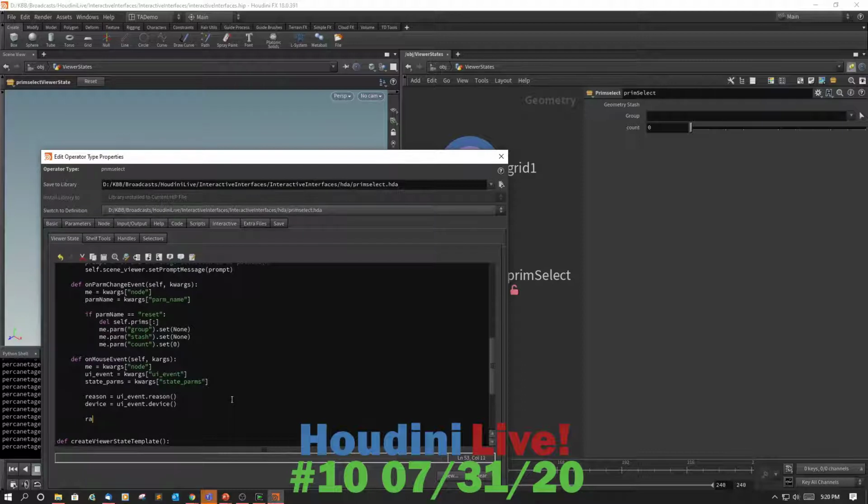So I'm going to say ray origin and ray direction equals UI event dot ray. Okay, that creates a ray associated with our UI event handler. All right, cool. Now I'm going to say geo intersector. We have to create an intersection object. Geo intersector